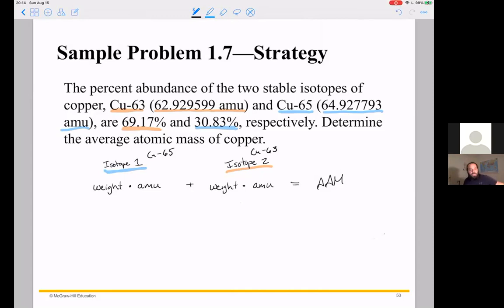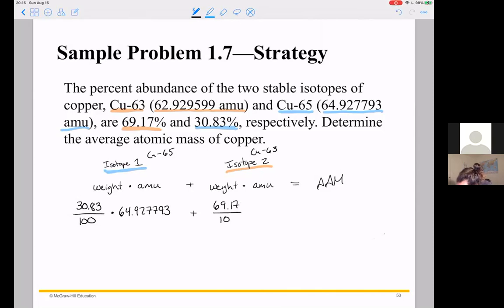Okay, so the first thing I have to do is put my weight and then multiply it by the mass, right? So if we look at copper 65 first, the weight, I have to take that percent, that 30.83%, and divide it by 100. That will give me my weight. And now I have to multiply it by that big, ugly number that is the mass of a single copper 65 atom, which is 64.927793. And now I'm going to add the weight of my isotope 2, which is in this case copper 63,